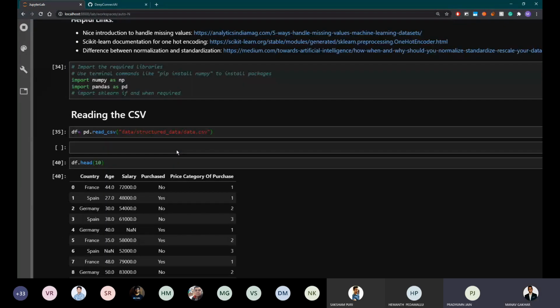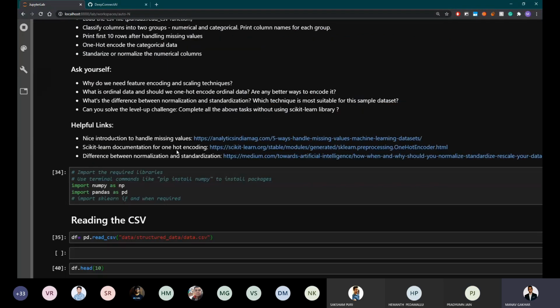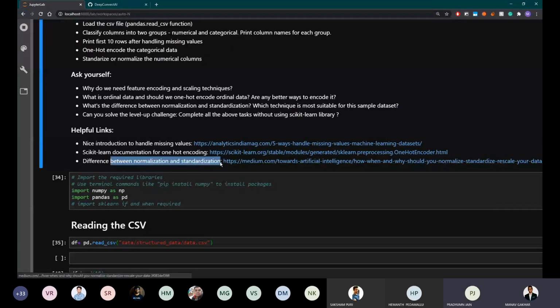Yes, if we had enough time, we would have done the difference between normalization and standardization, why we do it and which one should be preferred, or why we normalize things and standardize things in machine learning, and in deep learning normalization works well, so we could have done that. But now I'll hand the virtual mic over to Pradyum. Alright.